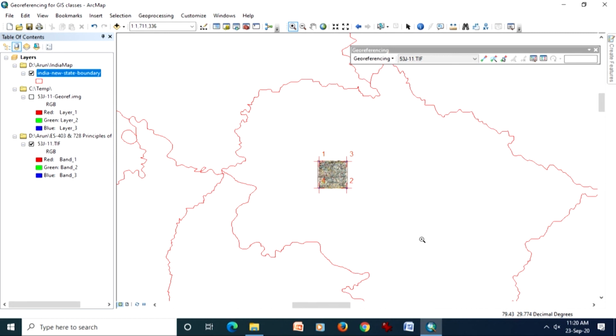Nowadays, most of the satellite images or digital elevation models which we get from the internet or different portals are already georeferenced. So, if I download one and add it in my project, automatically it will go to its geographic location without any problem. The only thing I have to do before adding it in my project is first display a map which I am going to follow. Like here I put first the map of India with the state boundary, and the rest will follow accordingly.